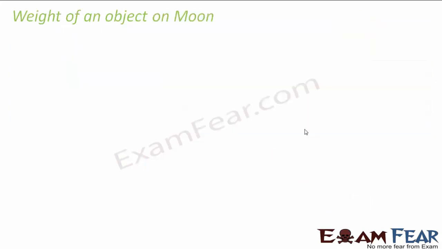Okay. So with this, let us try. Just now in one of the previous slides, I told you that the value of acceleration due to gravity changes from place to place. Now, if the value of g changes from place to place, the value of weight will also change from place to place. That is quite obvious. That is why I told that mass will remain constant everywhere, but force will keep on changing. So here in this slide, we will see the weight of an object on moon. Let us suppose there is an object whose weight on earth is 10 newtons. So how will the weight of the same object vary on moon? So force with which the moon attracts an object is the weight of that object, right?